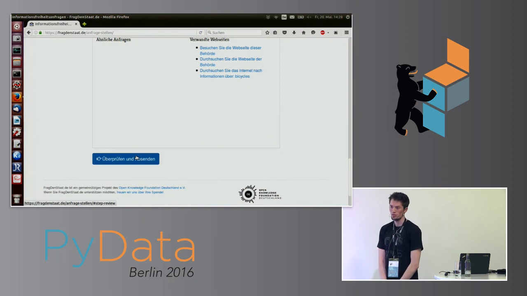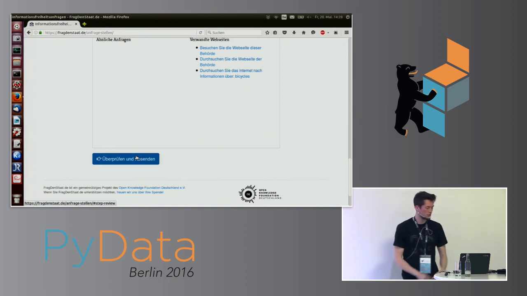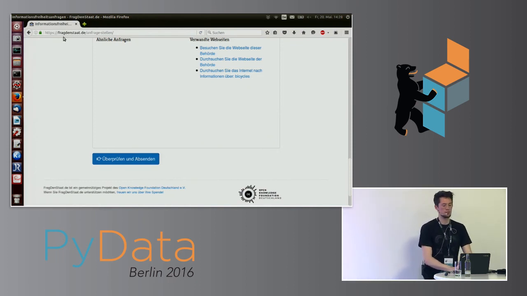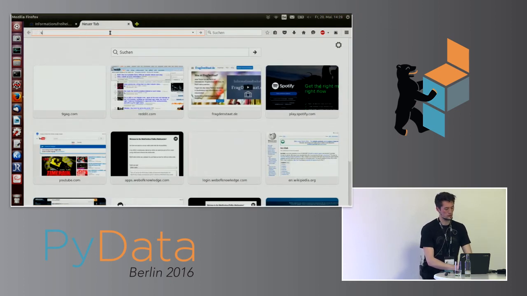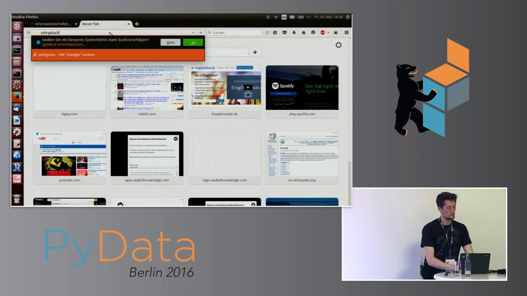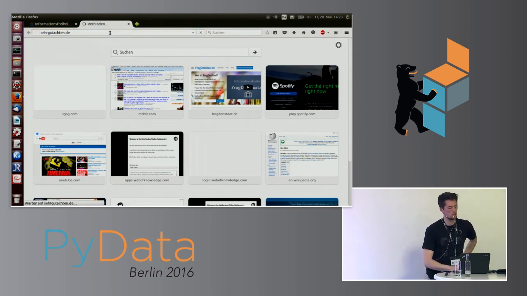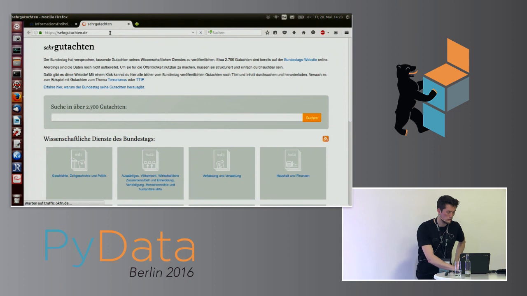Yeah, there was a report. What they actually did after this campaign was set up a page called Sehr Gutachten, which has all the reports, and there you can do a full text search through all the reports that this scientific service made.